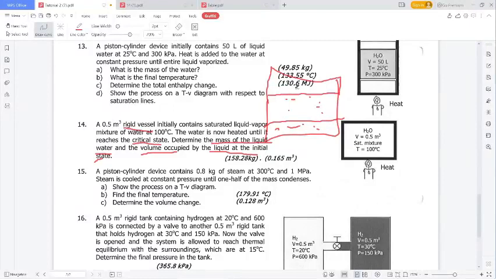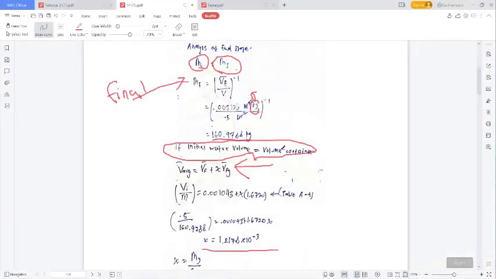So at initial condition, it is hard for me to say that the volume is equal to 0.5 meter cube. But this is the only way that I find to solve this question. I need to assume that the initial water volume is equal to 0.5 meter cube, equal to the volume of the container. But anyway, the average specific volume is equal to the specific volume of fluid plus X times specific volume Vfg. We can define the values of Vf and Vfg from table A4